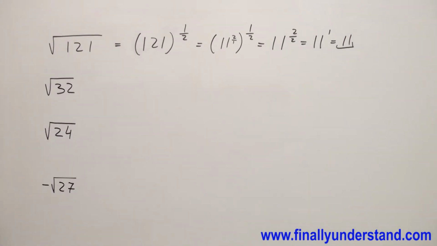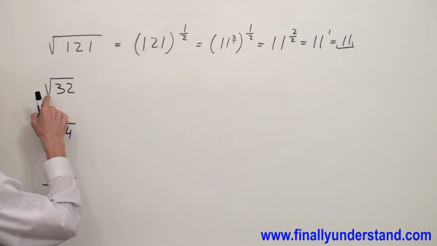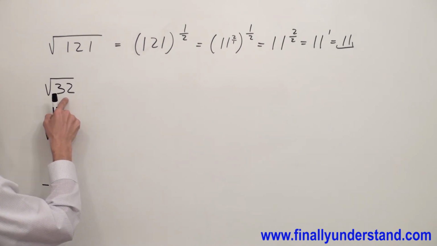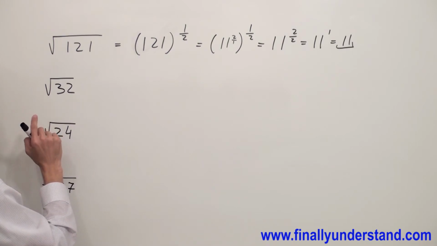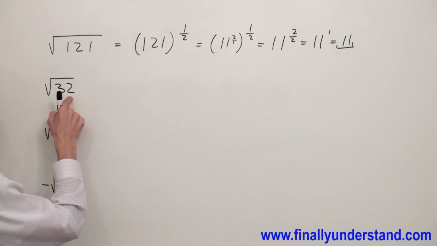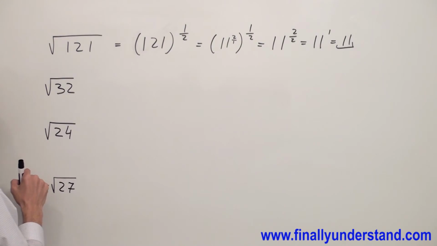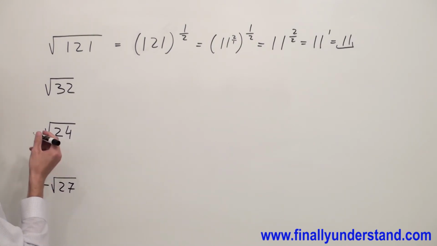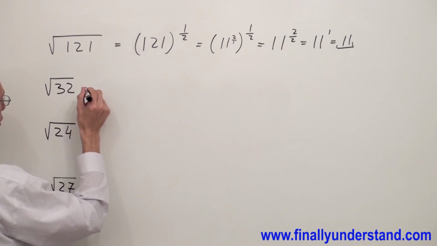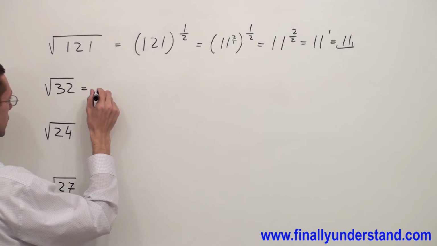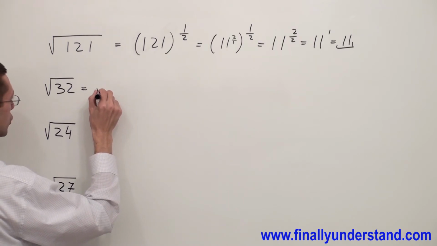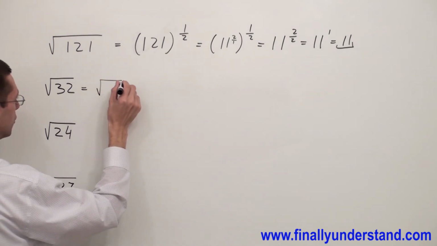Let's take a look at the second example. Now, I have square root of 32. You're supposed to ask yourself, what number raised to the second power is going to give me 32? I do not have a whole number which raised to the second power is going to give me 32. That's why I'm going to use the properties of radicals, and I'm going to rewrite this problem as a square root of